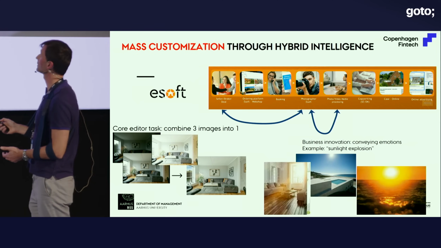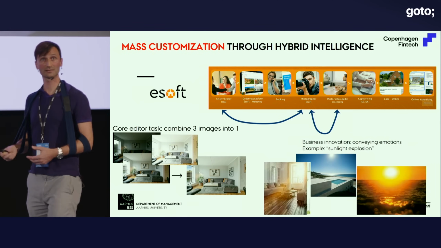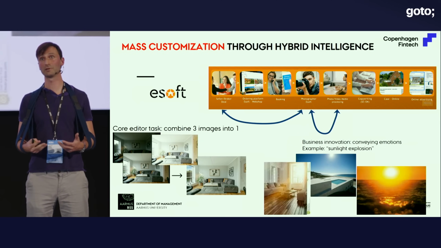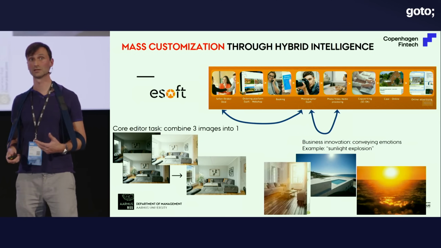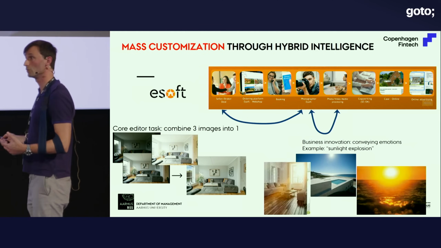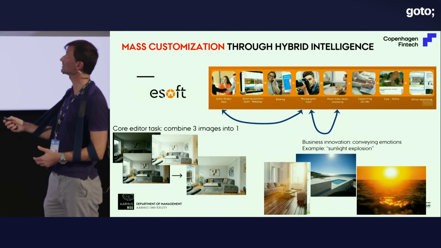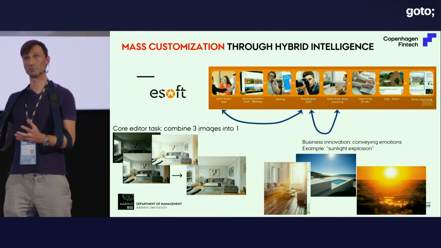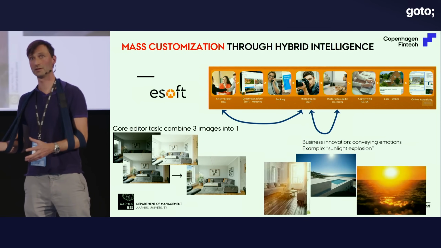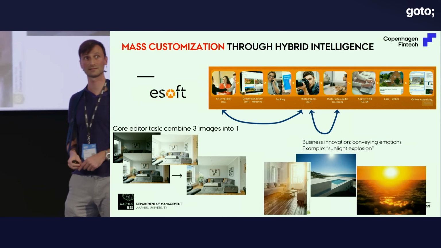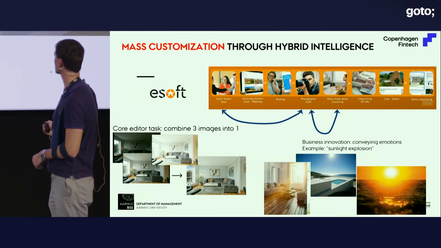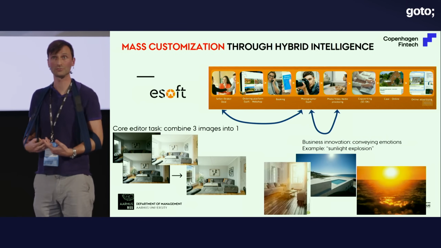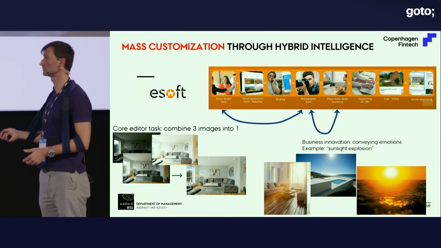And then we also talk to the marketing division, and we ask them, what is it that you had always loved to be able to sell, but you never had the capabilities organizationally to do it? And what came out of this was that we could build what we call a mass customization of these services. Instead of saying that this is a production line where we do the same for every customer, we do what the Stitch Fix case did, and we say, what if we tell the customers that they can write down 5 words about what characterizes your house, and then these 5 words are translated to Vietnamese,